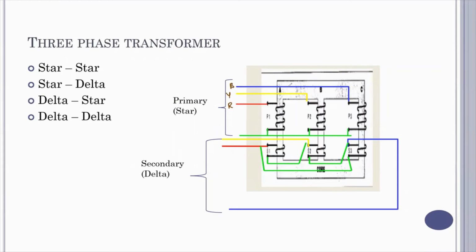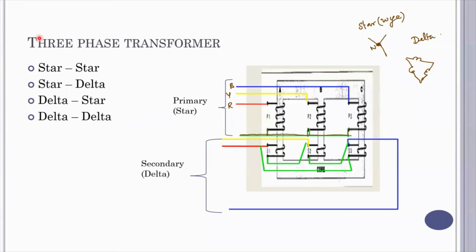R, Y, B. Okay, so you have the windings, and one terminal of all the three windings are connected together. So all the three windings are connected to one common point called neutral, and this is a star or Y configuration. Whereas here, if you see, the windings are connected end to end, right? So you have a winding here. Okay. So the windings are connected end to end. So this is called the delta configuration.